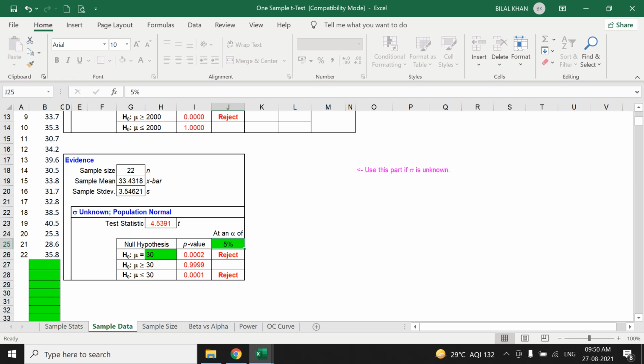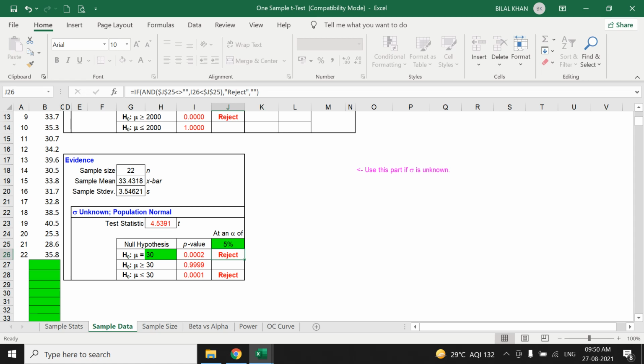We can change this. So let's assume that you have a 99% confidence level, so you can just change this to 1%. Generally the trend is, and in our case also it is, 95%. So significance level is derived from the confidence level. If the confidence level is 95, the significance level becomes 5%, and in decimals it becomes 0.05. So we write 5% here, and the best part about this Excel template is that it tells us that the